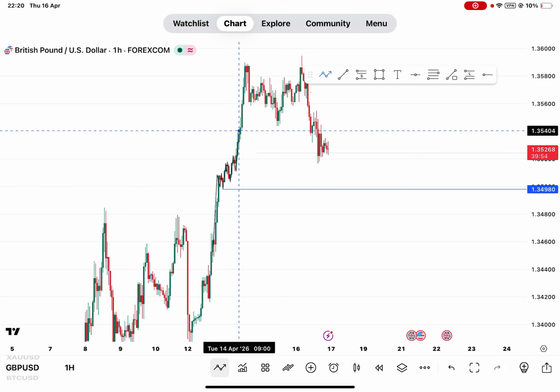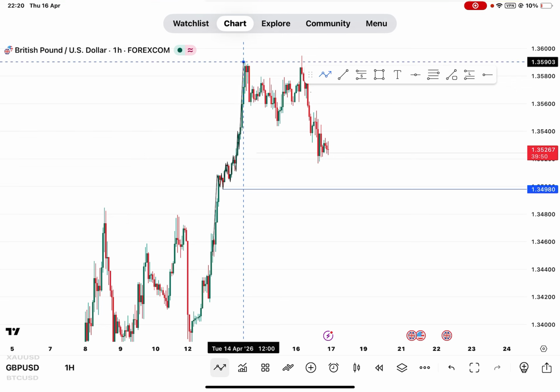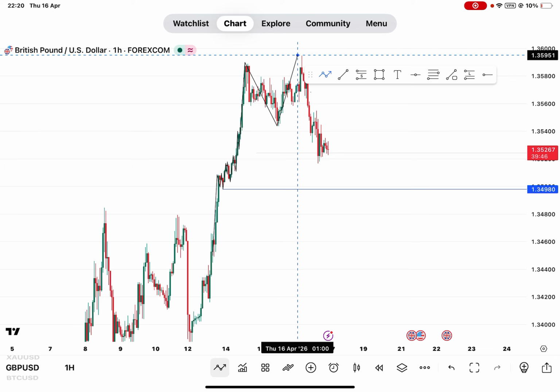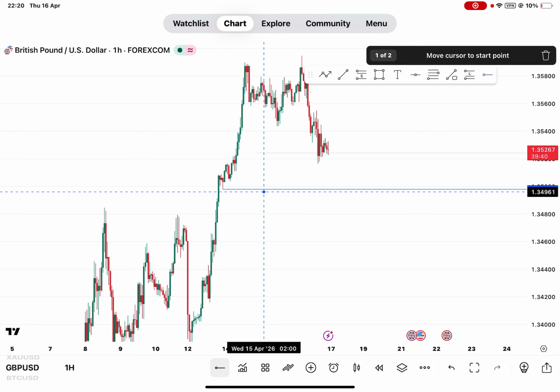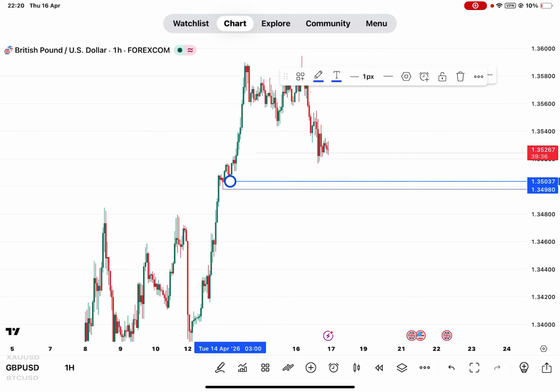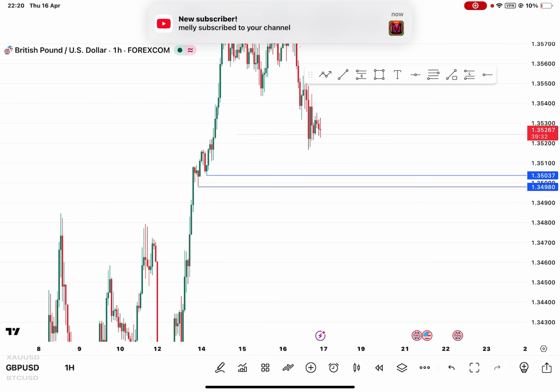And since then, we haven't seen any zone that swept liquidity. So this is what we have right now in the market. We haven't seen any zone that swept liquidity again. So the last zone that swept liquidity in the market is going to be our strong low in our 1 hour time frame. So this is our strong low. Good. You can see what we have right there. That is our strong low in the market.